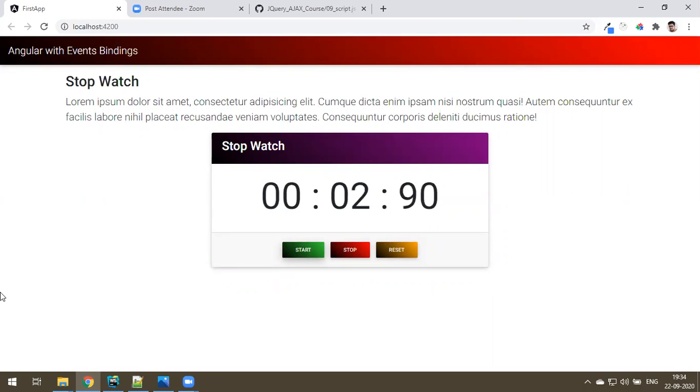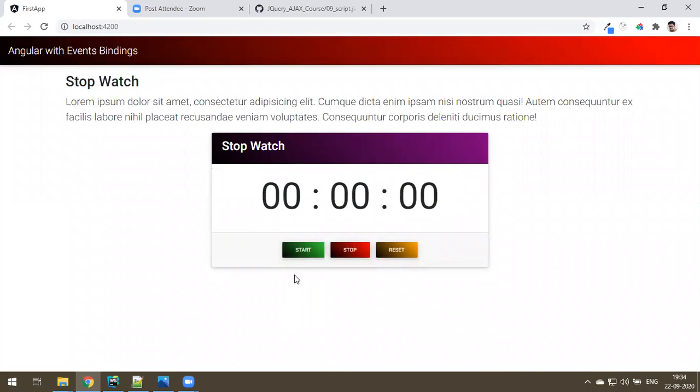Yeah. So it counts every 1 second, and how many times you click on start doesn't matter. It doesn't care because we put a lock on it. Fine. And click on stop. It stops. Click on start again. Stop. Start. Stop. Reset. All 0. You can start from scratch. Stop. Reset. Okay. You can test it. How many times you click on stop, this way also you can test it.